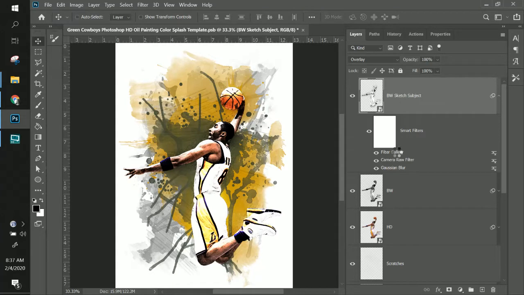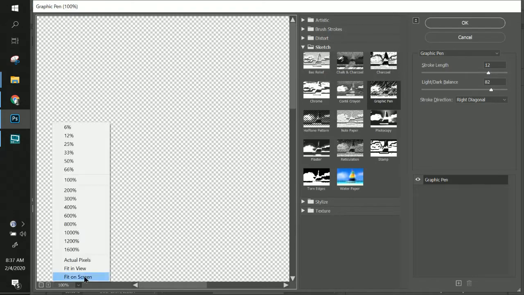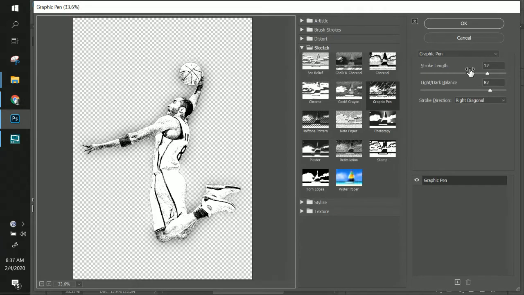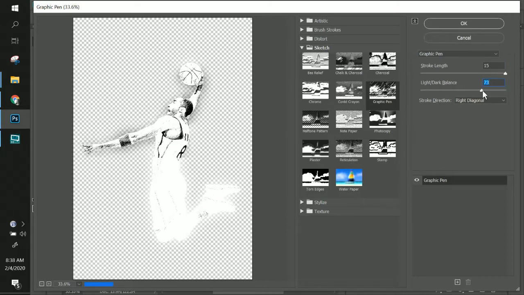So let's double click for this filter gallery and see what this filter is. This one is graphic pen, and we can come down here to 100% and tell it to fit on the screen so we can see, and we can change our stroke length. We want shorter strokes, it'll look more distorted, like grainy. If we want longer strokes, it'll look more like a sketch pen. You can change the balance of the dark and the light here to get more pen strokes and a little bit more darkness there. So I'm going to save that,